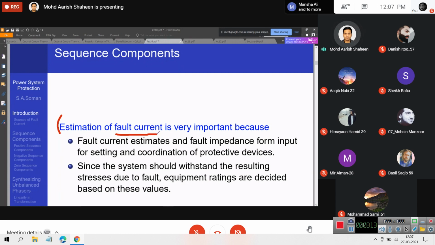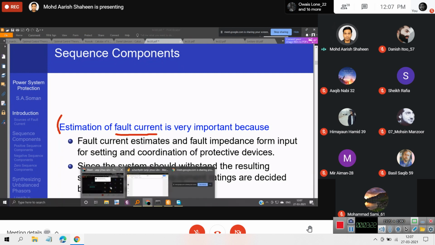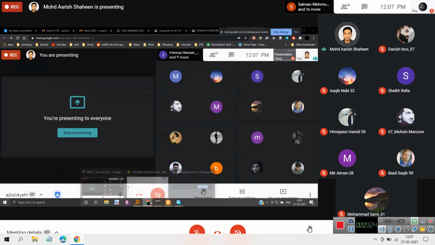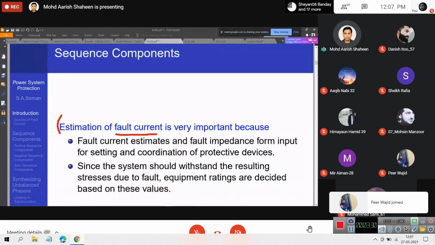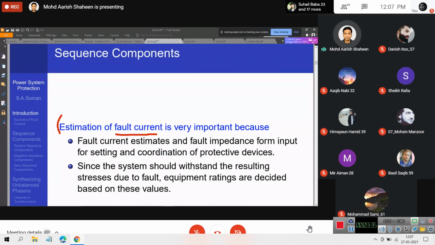The importance of sequence components has not lessened. The reason is that even though nowadays we have sophisticated software available, in many cases we still use these sequence components as a filtering mechanism. What is a filtering mechanism? Whenever there is a fault in a power system, there are many things that a power system operator has to do. Obviously, you have to operate the relays and see that your devices are protected. But you're equally interested in the kind of fault. Is it a single phase to ground fault? Is it a double line to ground fault? Is it an open conductor fault? You can have a variety of faults.